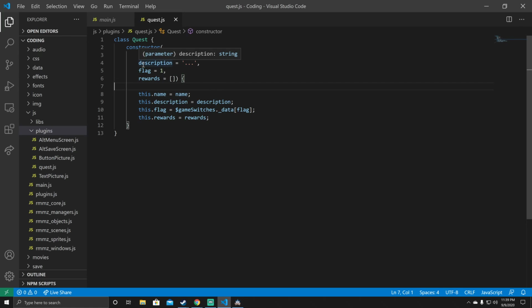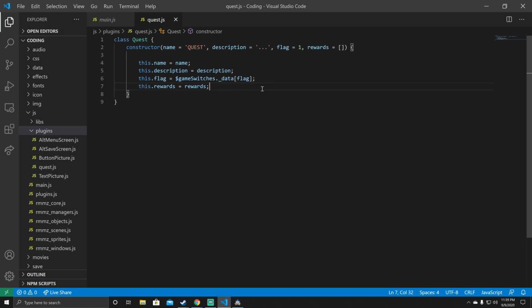Is that clean for me, though? I don't really like the way that looks. I'm just going to put it all in one line. You can organize that however you want, but I'm just going to put it in one line, because I don't like the way it looked. Alright, so now we're going to do